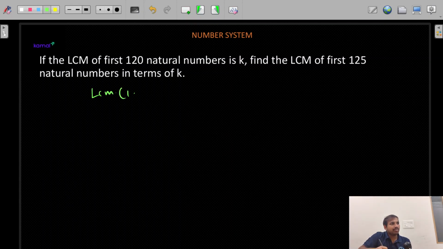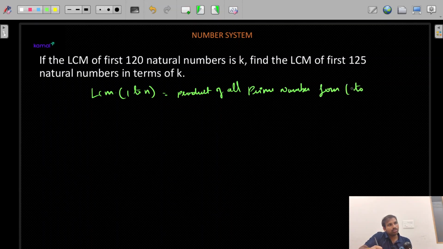If I take the LCM from 1 to n, it is nothing but the product of all prime numbers from 1 to n with the highest powers of each prime number